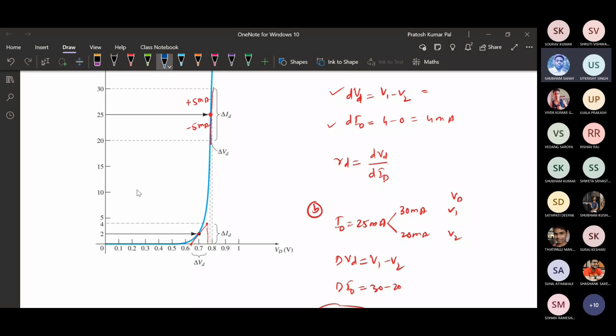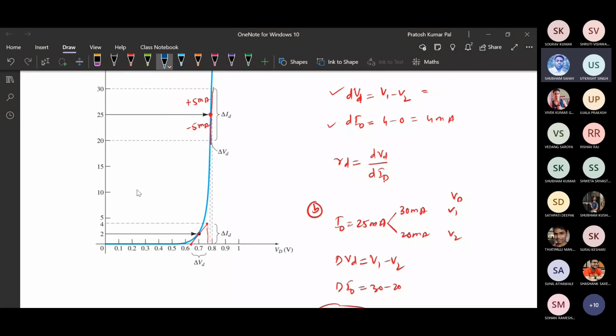Basically that means whatever input signal we are applying is significantly large to produce a broad swing, like the swing is very high,